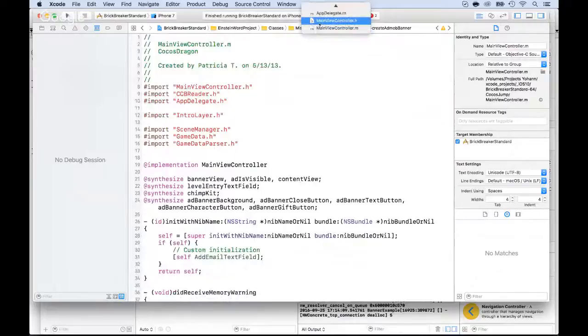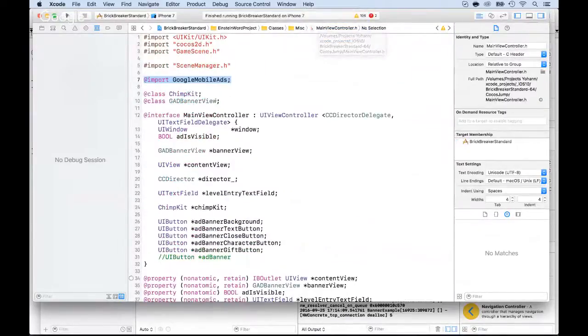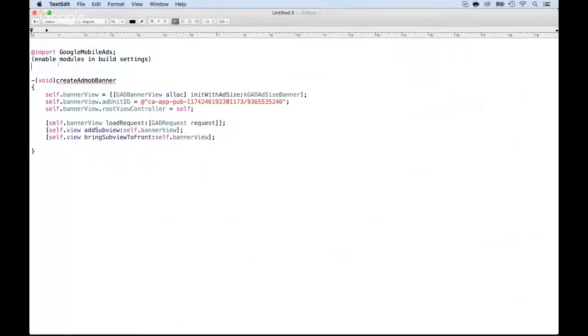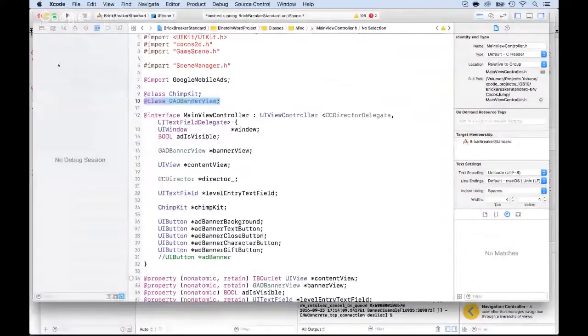inside of the main view controller.h, I'm doing the class. I'm calling the class before. So I just have to remember where it was. So the class in the .h, the import statement,